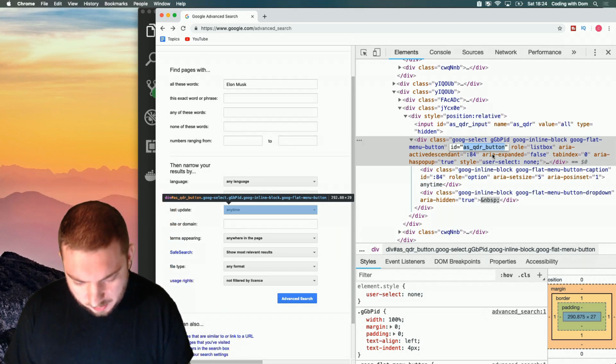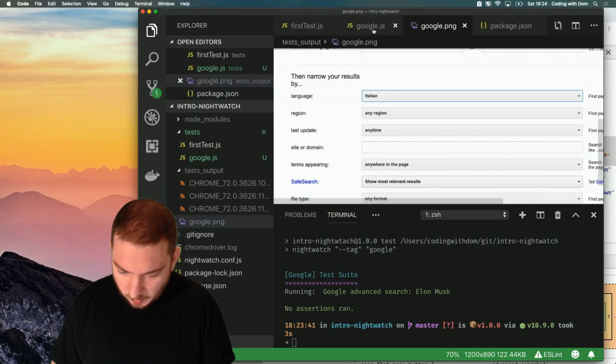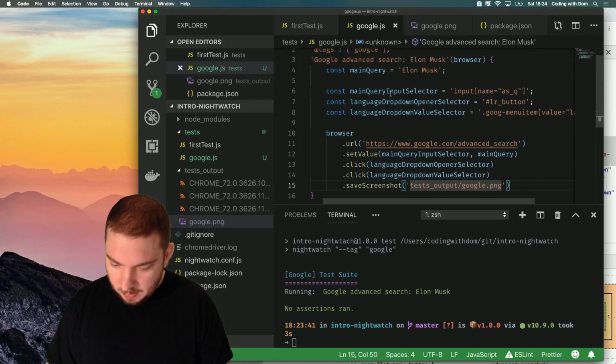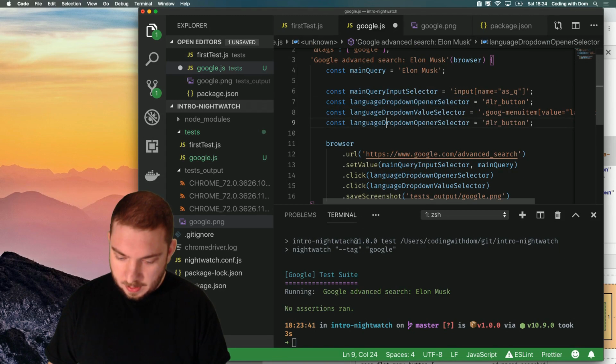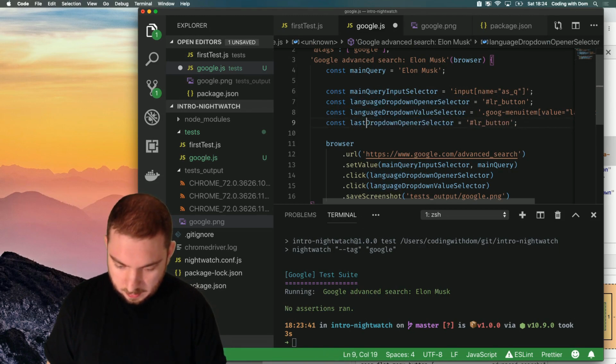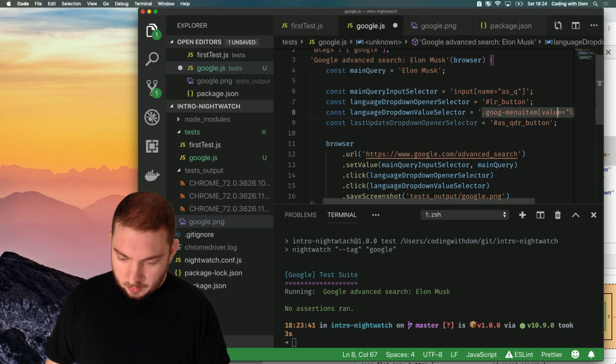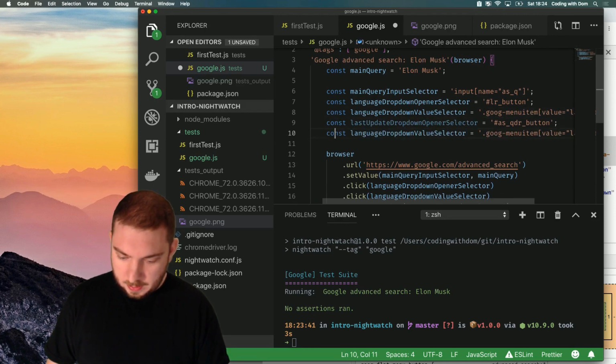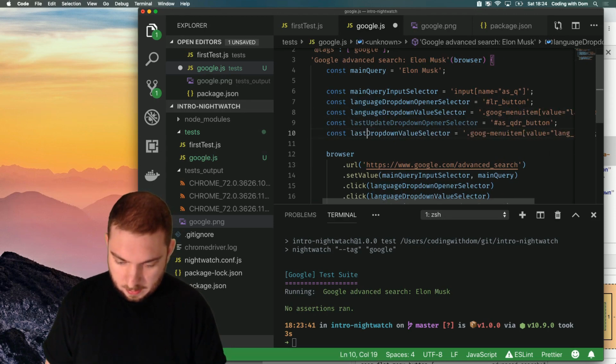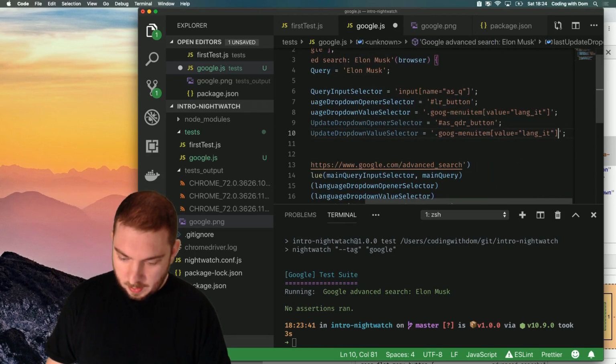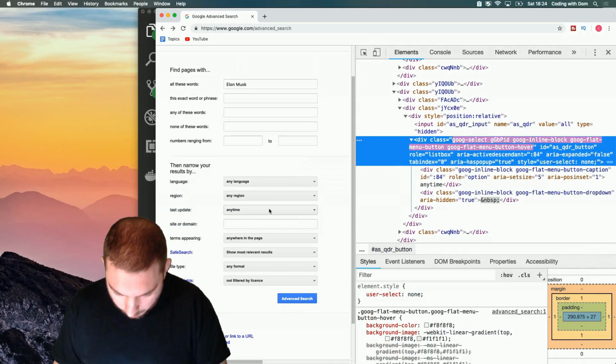We're just going to grab the ID, go back into our test, and call this the last update drop down opener selector, and also going to duplicate this. So last update drop down value, and the value will be